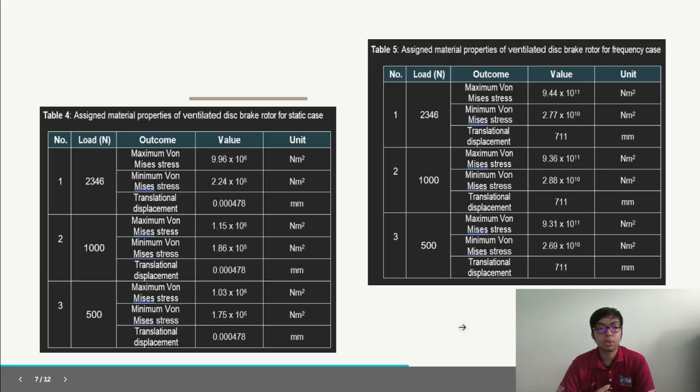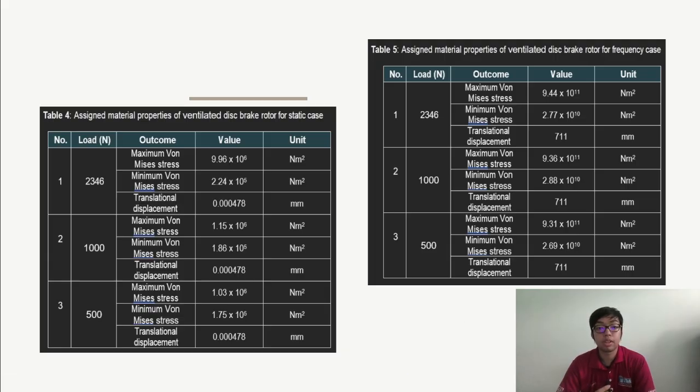Tables 4 and 5 show the assigned material properties of the ventilated disc brake rotor for the static and frequency cases. For Table 4, which is the static case, with the first applied load value of 2346 newtons, the maximum von Mises stress value is 9.96 times 10 to the power of 6 Newton per meter squared. The minimum von Mises stress value is found to be 2.24 times 10 to the power of 5 Newton per meter squared. And the translational displacement is